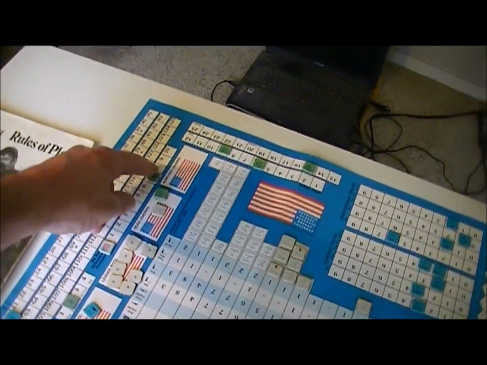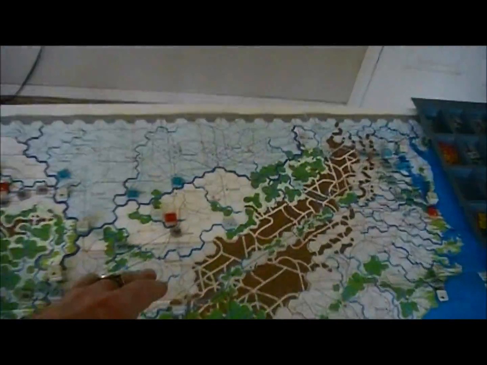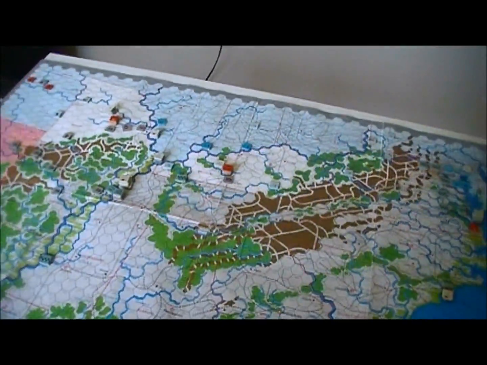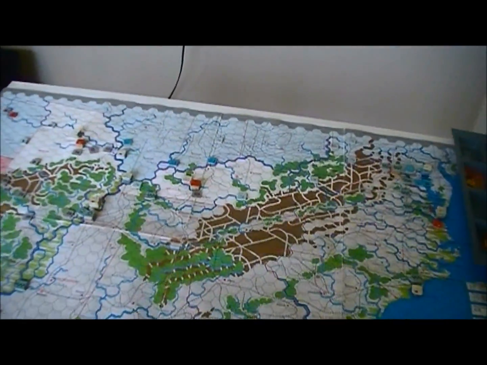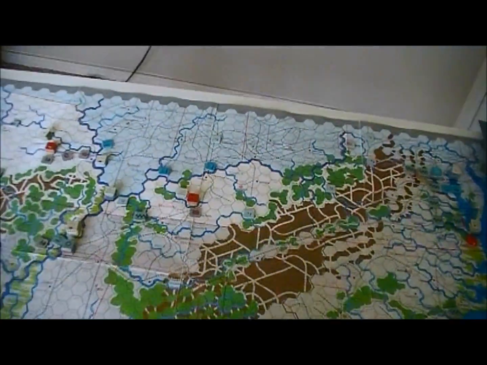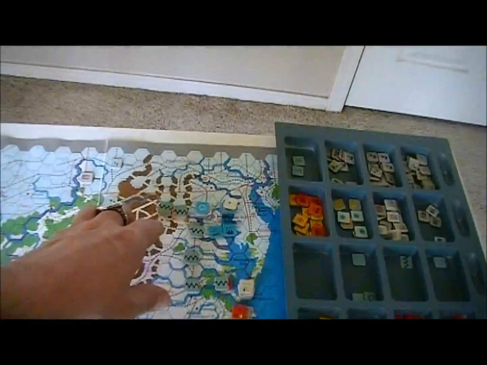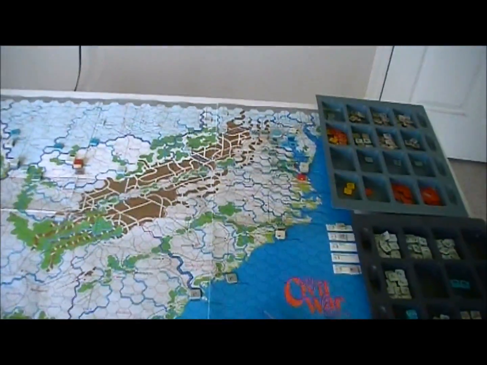Big 7-point swing this time for the Confederates. Now, what did I do with all that? One thing I did was Lee went and chased Thomas some more. Smacked down half his force, another D3 on him. Lee took no damage. This is some leader placement, and let's see. Ended up fortifying more along the Potomac there. Now, the Union